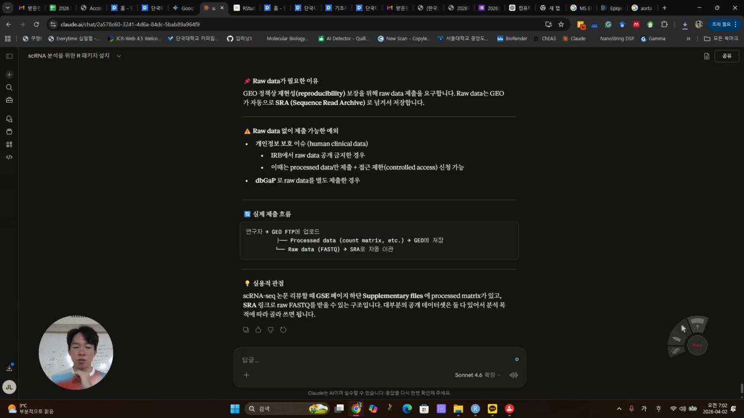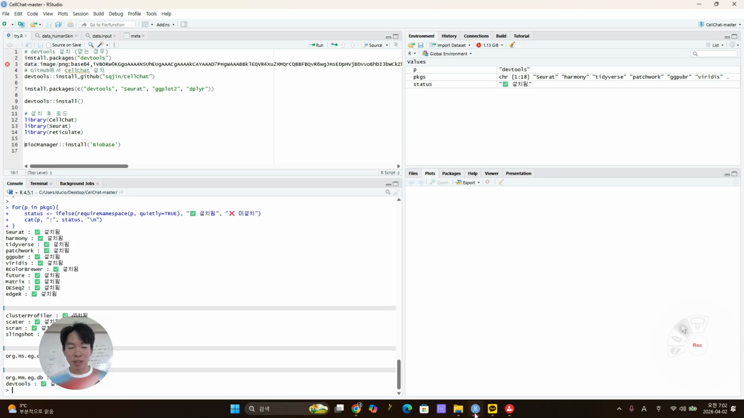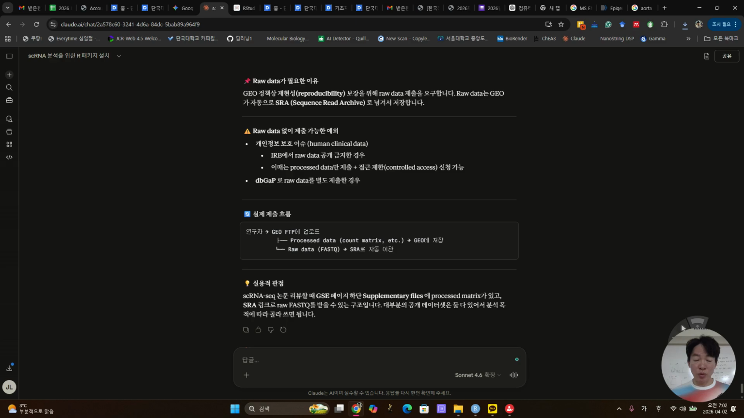So let's start. You guys already installed RStudio. There's a couple of things you have to download and install. The thing I want to share with you today is that if you want to analyze any sequencing, microRNA sequencing, single-cell RNA sequencing, or bulk RNA sequencing, just ask in English or Korean, I want to analyze